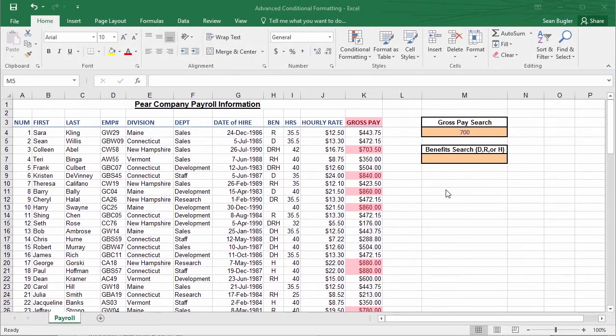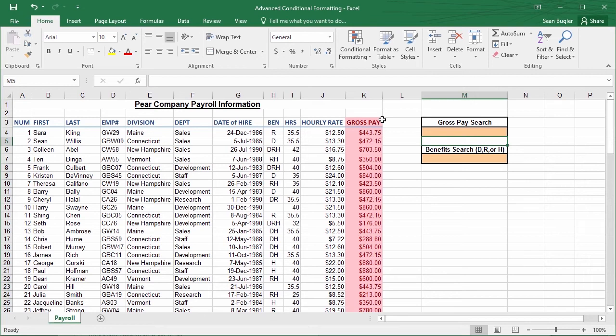Welcome back. So a couple of things. The first, I wasn't necessarily in love with the fact that when this cell was blank, everything gets highlighted. The second thing, I noticed that the header has gotten caught up in the mix here, so we'll want to adjust that as well. In order to adjust anything about a conditional formatting rule, we'll need to go to the